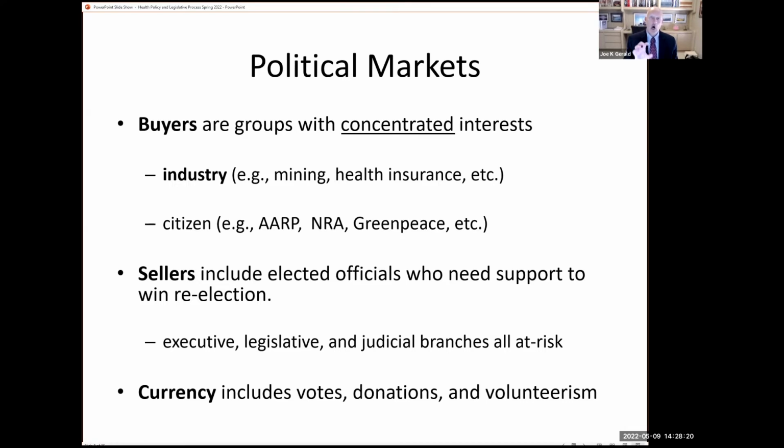And so in our political system here in the United States, where campaign donations are not very well regulated or restricted, they're an incredibly important source of reelection power for our incumbents, or people who are already elected. And so in the case of these political markets, these industry groups and citizen groups bring to our elected officials votes, donations, or volunteers in some form to help them get reelected. And in exchange, they obtain legislation that's favorable to them, their industry, or their other goals.